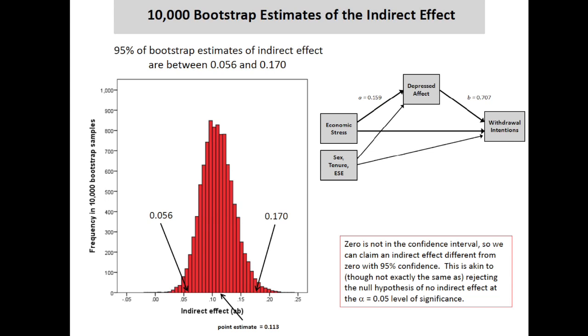And because 0 is not in that interval, we use that as evidence that the indirect effect is different from 0 with 95% confidence. Sort of like saying p less than 0.05, although not technically that, because hypothesis testing is conditioned on a true null hypothesis, whereas this is not. I always get questions, and I'm happy to take questions later about the rationale for this. Is this cheating? Are we making up data? No. But it's worth spending some time talking about those issues toward the end, if you care to ask me about it.